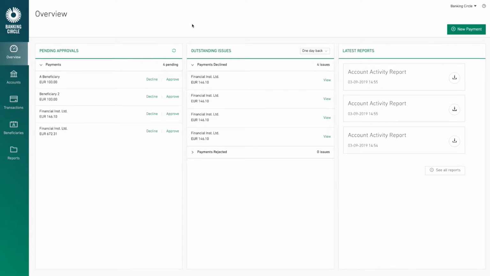In this section, we'll introduce how you can make payments. Here we're going to cover how to make a new payment. The payment function is available everywhere throughout the application, including the overview screen, where it's here in the top right